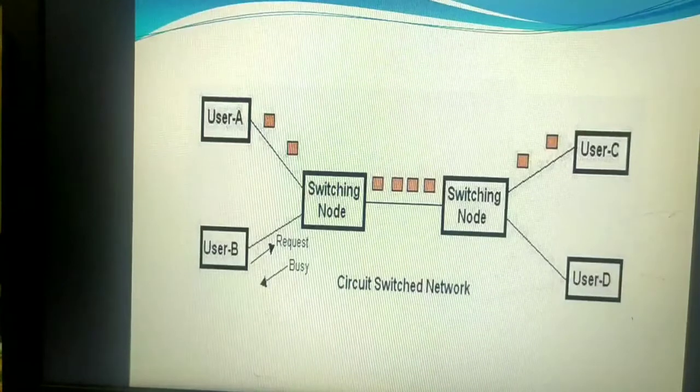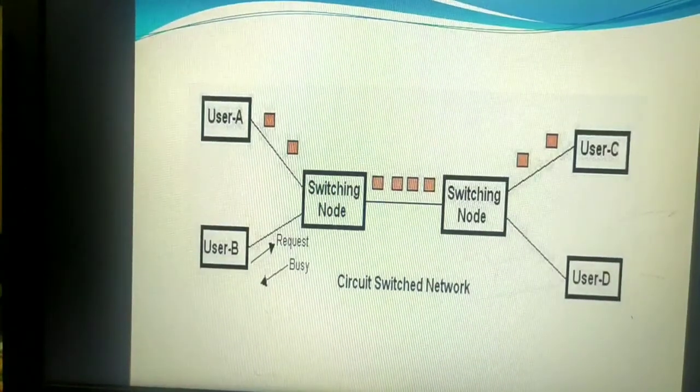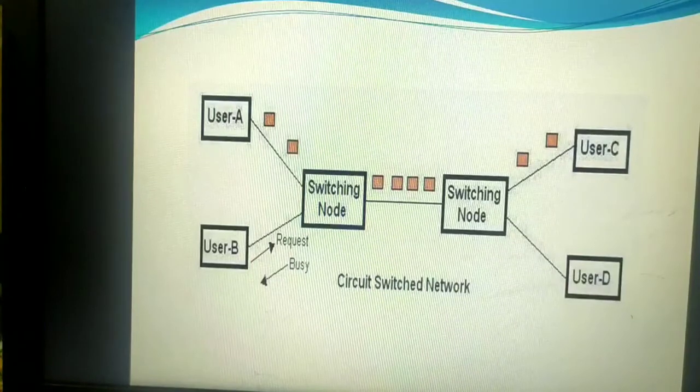Circuit switching is extensively used in the telephone industry even now. How are we able to have the ringtone, at what time do we get the busy tone, and at what time do we get the message that all the routes are busy, so try once again? We will understand all those techniques under circuit switching.